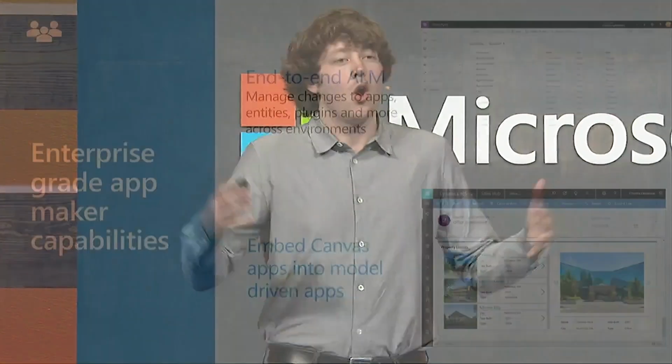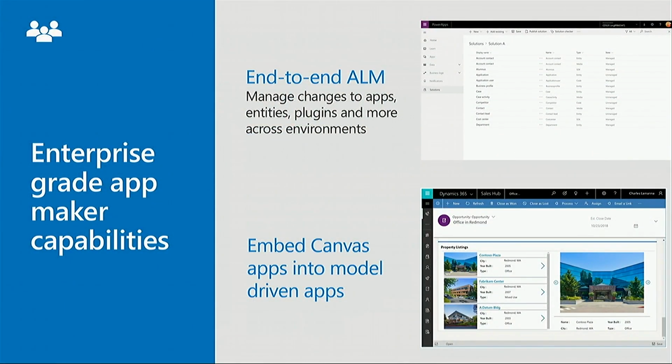Another big element is the ability to bring Canvas apps into model-driven apps. If you're a Dynamics admin or you're familiar with model-driven apps, this is really important because it brings things like the 230 connectors, as well as the on-premise data gateway, as well as the pixel-perfect design, all together in a single screen. You can generate most of your UI from the data. That's what model-driven is all about. And you can plug in the Canvas apps so you can have incredibly visually appealing experiences.